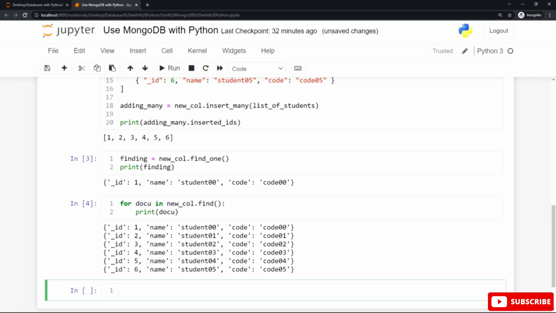And once you hit shift enter or shift return, you will get this output on the screen, all the 6 documents here in the output.